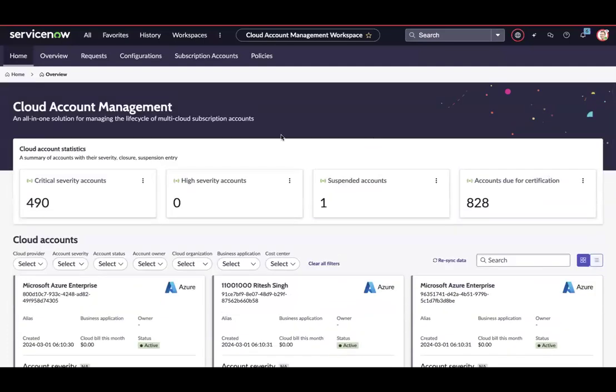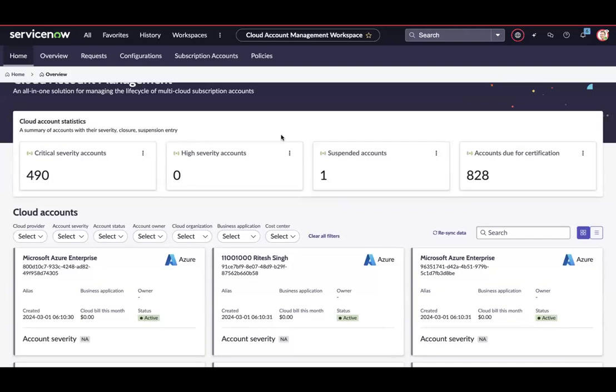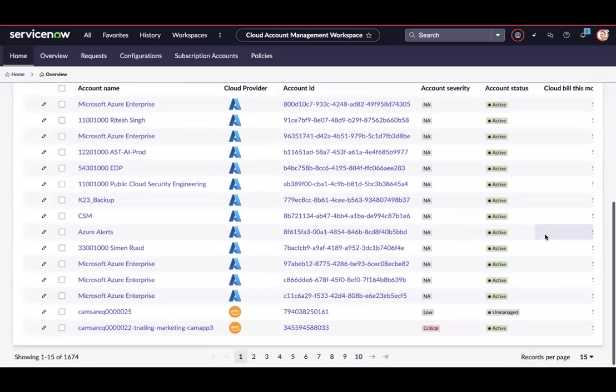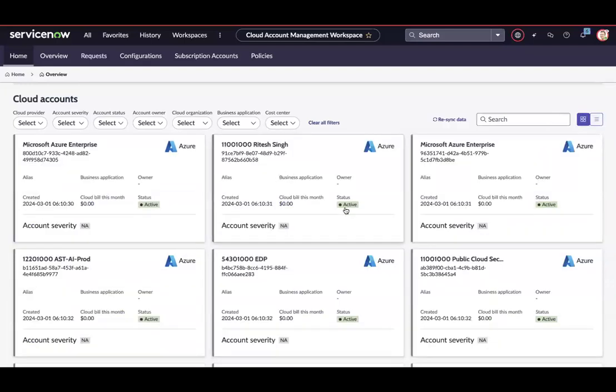So as we can see here, this is the account overview where you have the full inventory of all of your different accounts that have been discovered with Cloud Discovery. You have a breakdown of these accounts based on the account severity, and the suspended accounts or the accounts that are due for certification, which very likely also entails attestation issues. You can see that you have, of course, different views for those accounts,